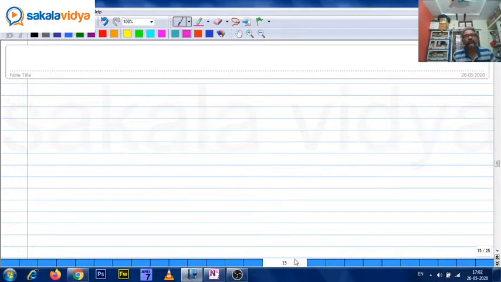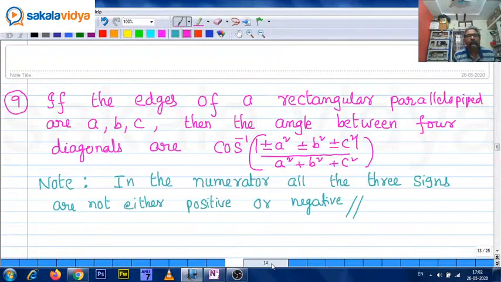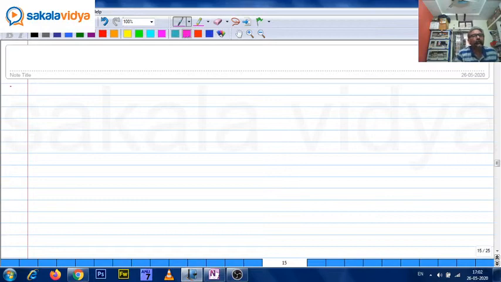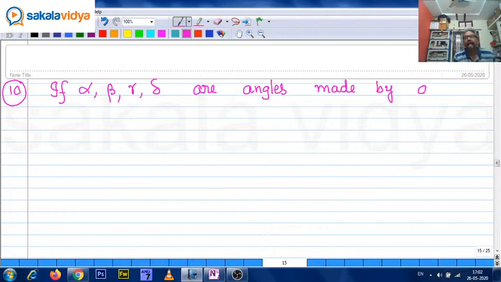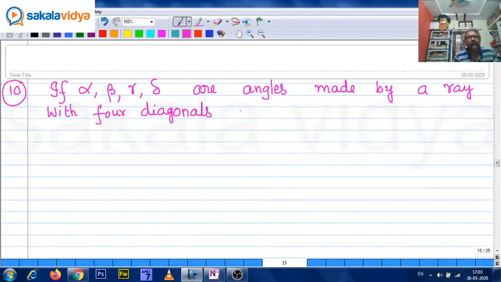Okay, next, the important points. This will be useful for solving problems. The next concept, write down, the tenth point: if alpha, beta, gamma, delta are the angles made by a ray with the four diagonals of a cube,